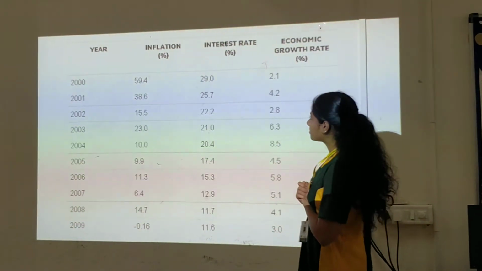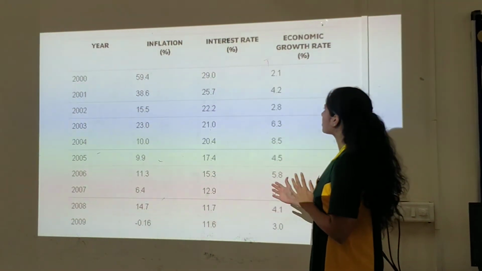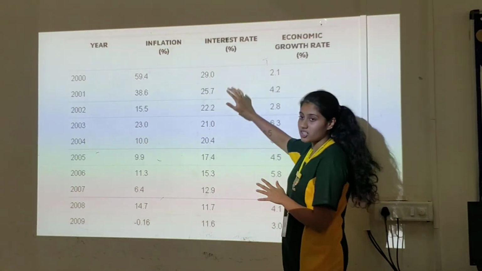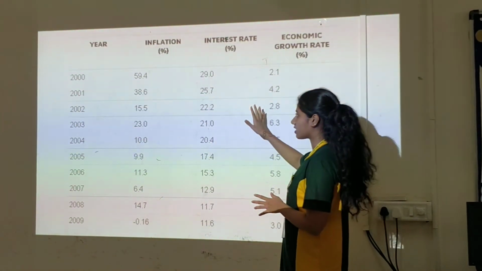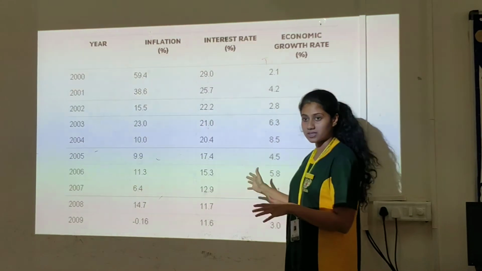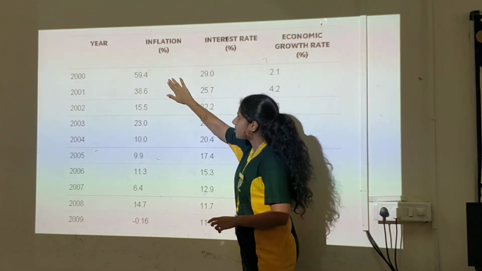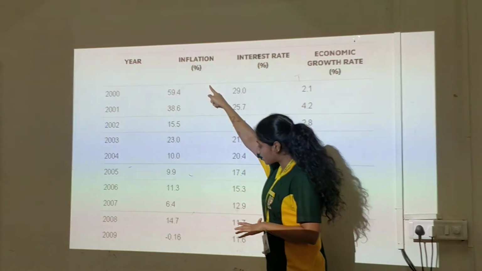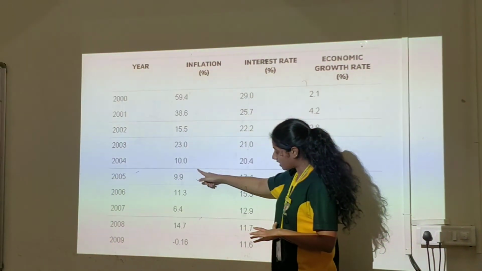So here is the table which shows the inflation, interest rate, and economic growth rate. We're going to first see a trend between the inflation and the interest rate. All of these figures are in percentages. Over here we can see that the inflation is at 59.4%, and we can see that it's reducing and reducing and reducing up to